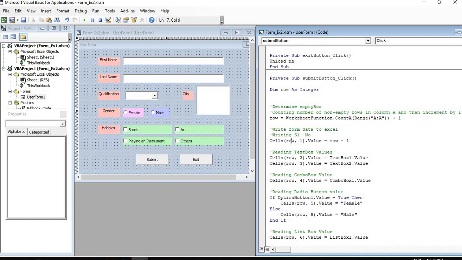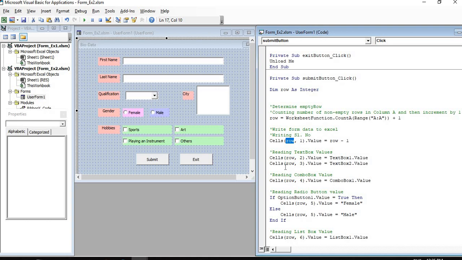So into this row, Cells(row, 1).Value equals row minus 1. The row value is 2 now, so row minus 1 is 1, that is the serial number we have taken. So always the row number minus 1 will go as the serial number in this case.